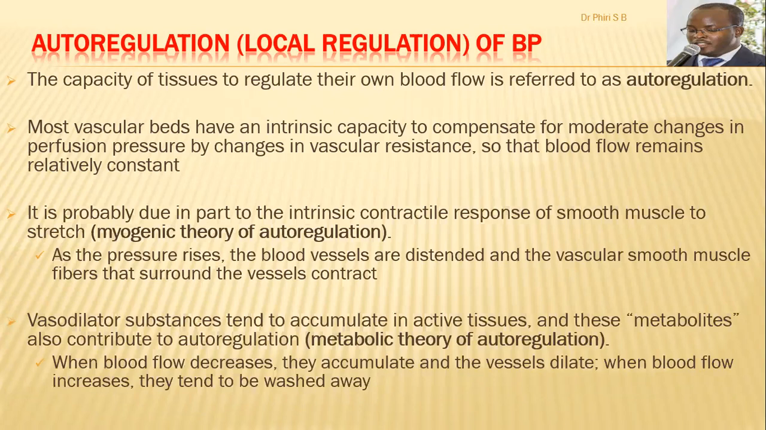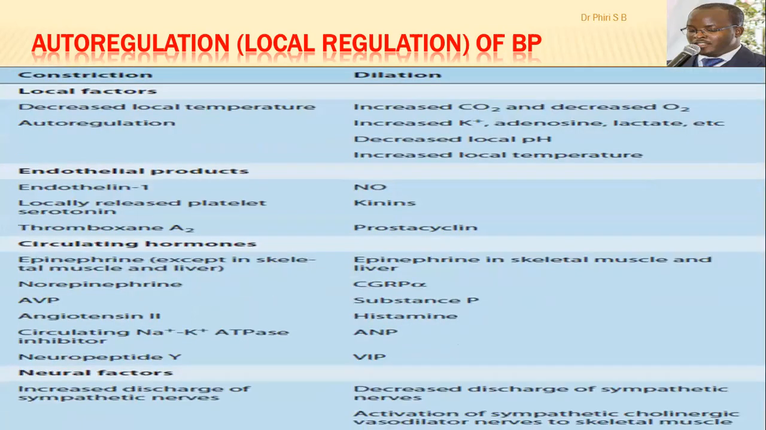So for instance, if blood pressure is reducing, the blood flow to the organs is also going to reduce. If the blood flow to the organs is reducing, then there are certain metabolites that will start accumulating in those tissues. And those metabolites are vasodilators. So they will result in vasodilatation of blood vessels, increasing the blood flow to those tissues, despite changes in blood pressure. This diagram here is just summarizing the